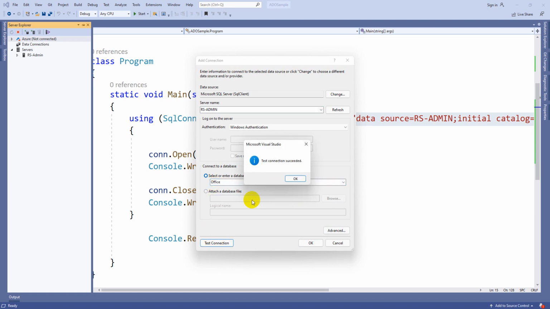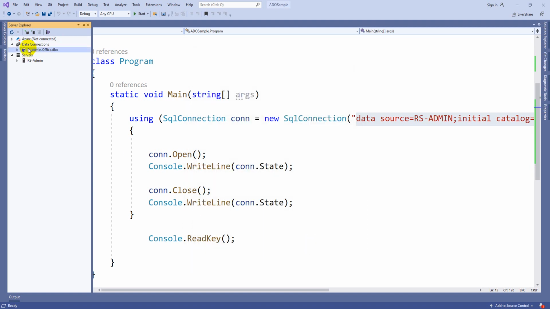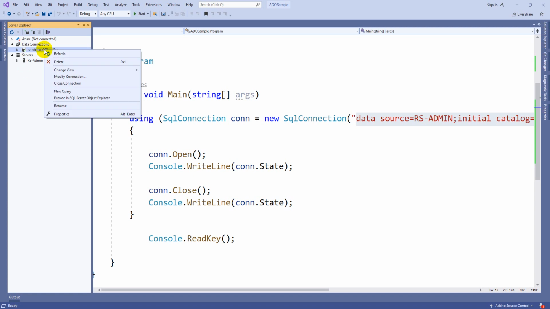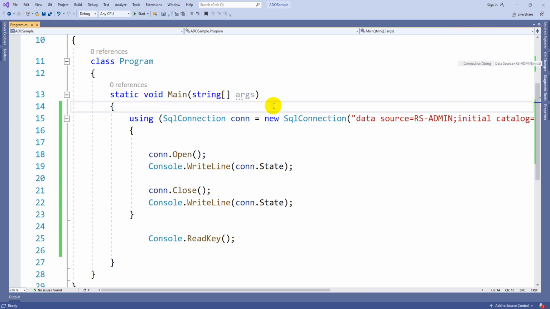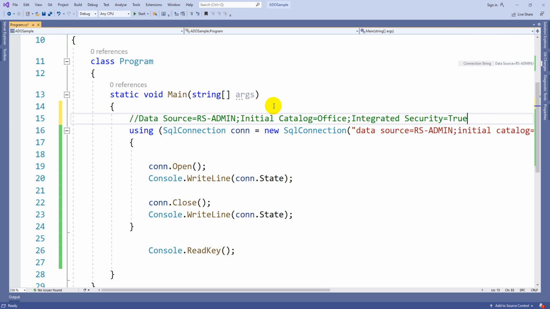Then you can click on test connection. It should always be in a mode of success. So test connection succeeded. Then you can click on OK. From here the connection was established. Now you can right click and go to the properties. There is an option called connection string. You can double click and copy that particular connection string. And now I am going to paste this. If you see, both are exactly the same, what I wrote and what I generated. So in this way you can fetch the database connection string when you are unable to remember how to write it. Okay, so I hope this is helpful to you.